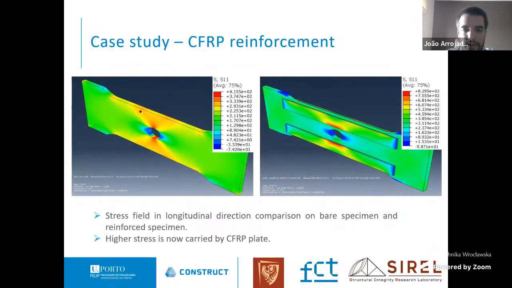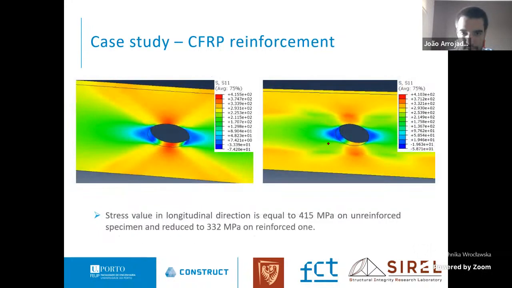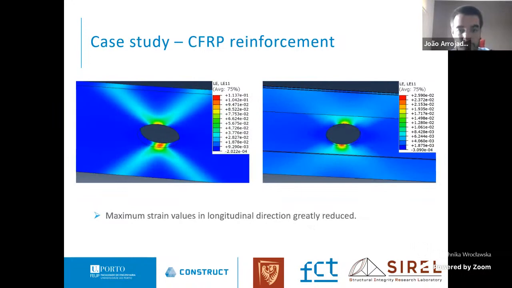So comparing these two images, on the left we have the bare puddle iron without reinforcement, and on the right with reinforcement. We can see in the stress field in the longitudinal direction, comparing both, that the higher stress is now carried by the CFRP plate, as you can see on the right. The stress value in the longitudinal direction reduced from 450 megapascal to 332 megapascal on the reinforced one. On the strain field, the maximum strain greatly reduced,